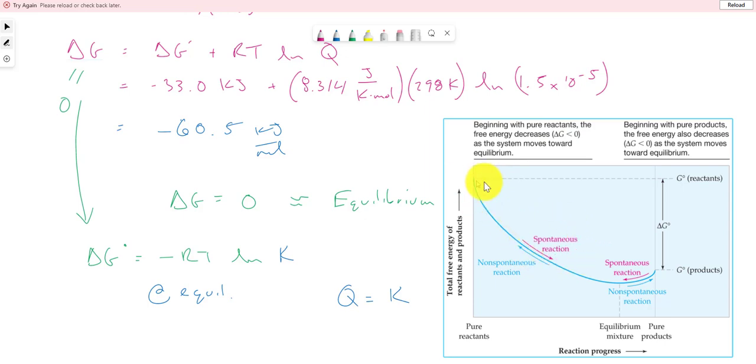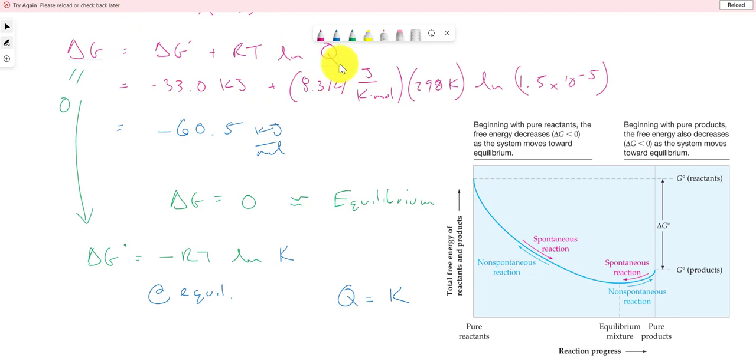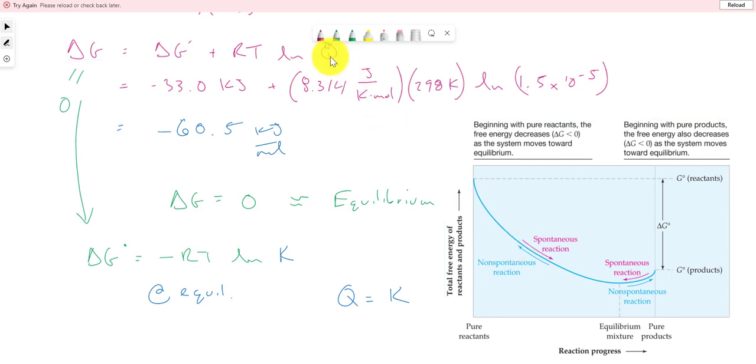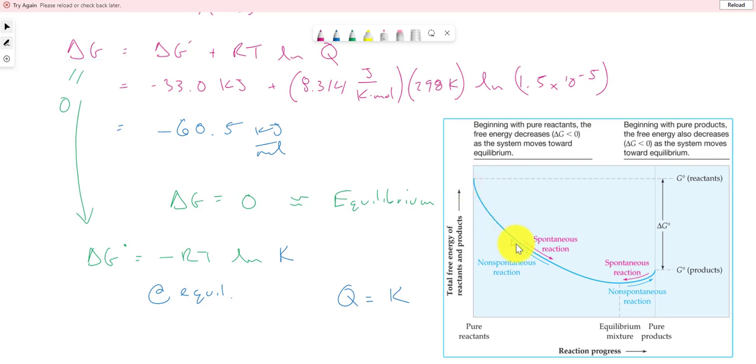So this is spontaneous because reactants are high on our energy, products are down here at lower energy, so the system is going to move. But if we look at this expression up here, we know that Q is changing in real time, because if we move down this curve, that means we're producing more product and we're destroying more reactants. So the ratio of products to reactants, which is Q, is changing. So that means delta G is changing. So it's important to know that delta G is not fixed, right? Otherwise this would be a straight line. But instead it's this curved line, which means delta G gets smaller as we start to approach equilibrium,